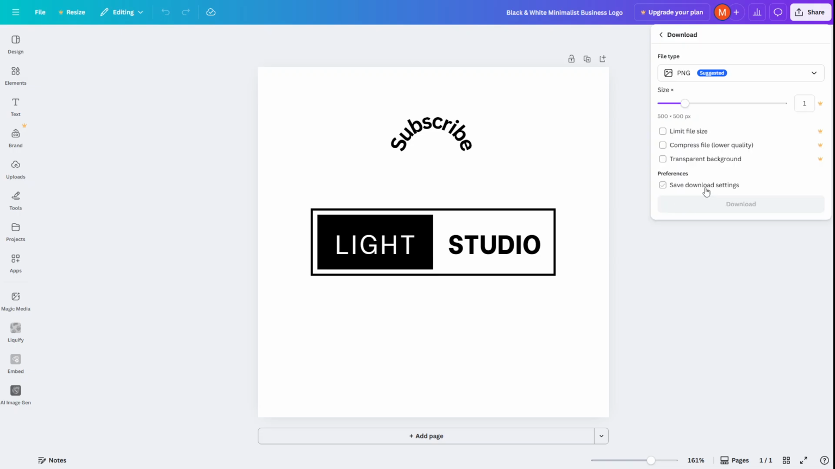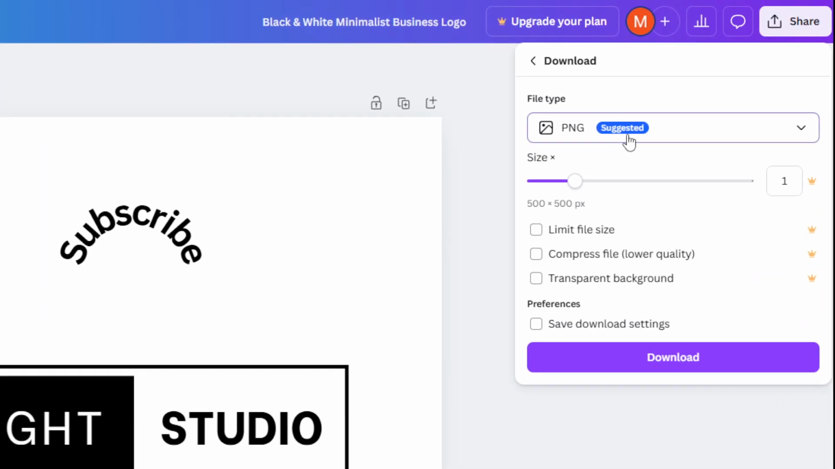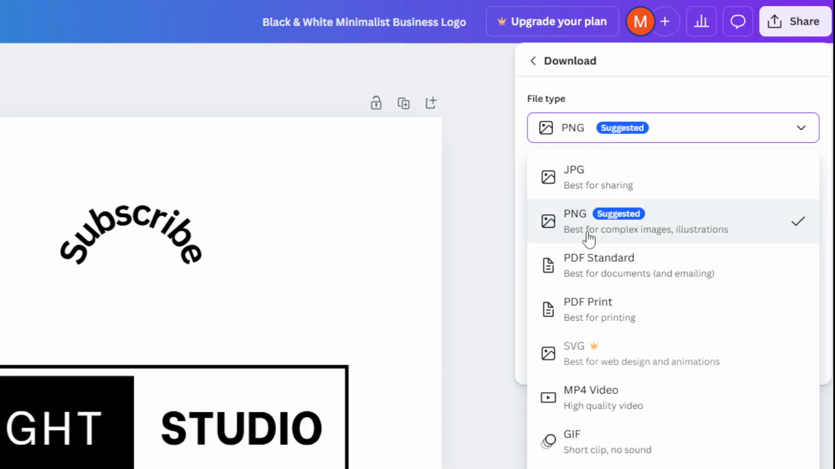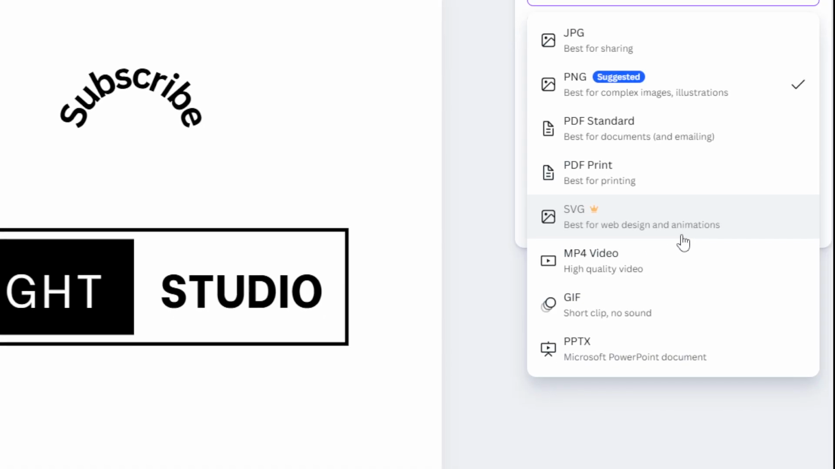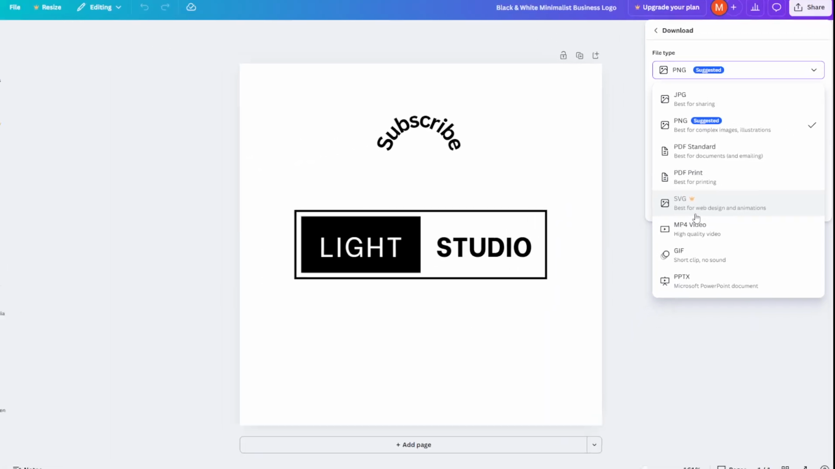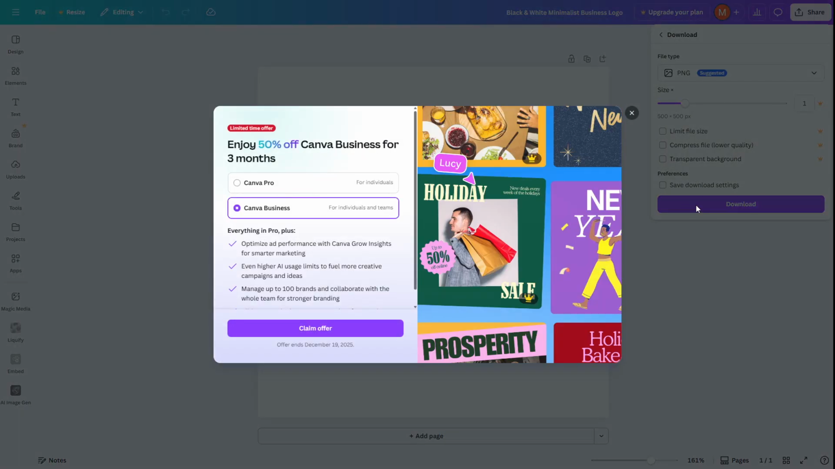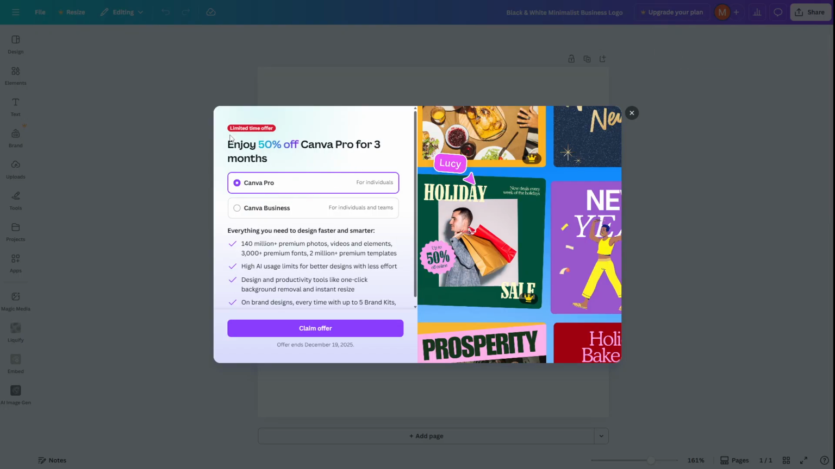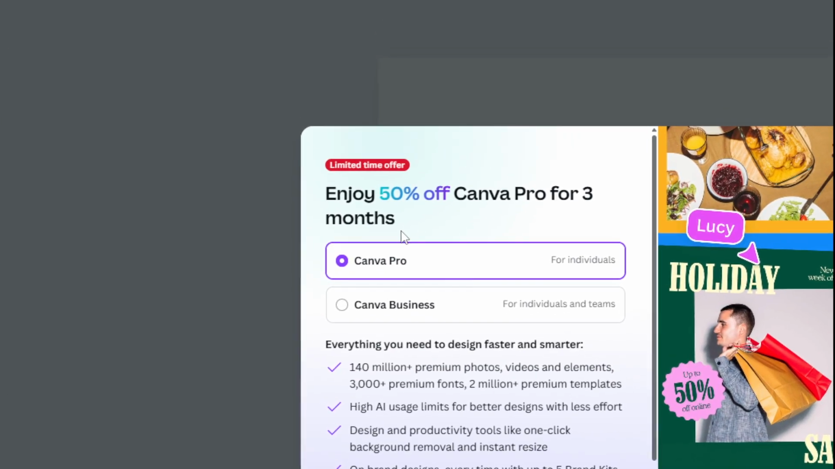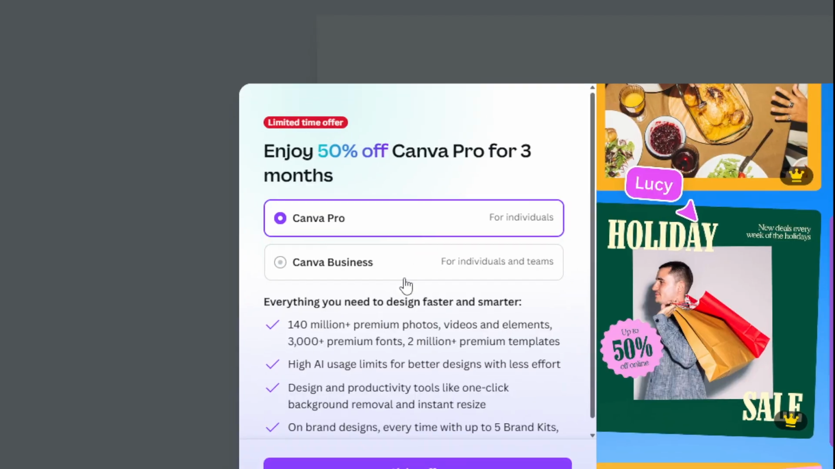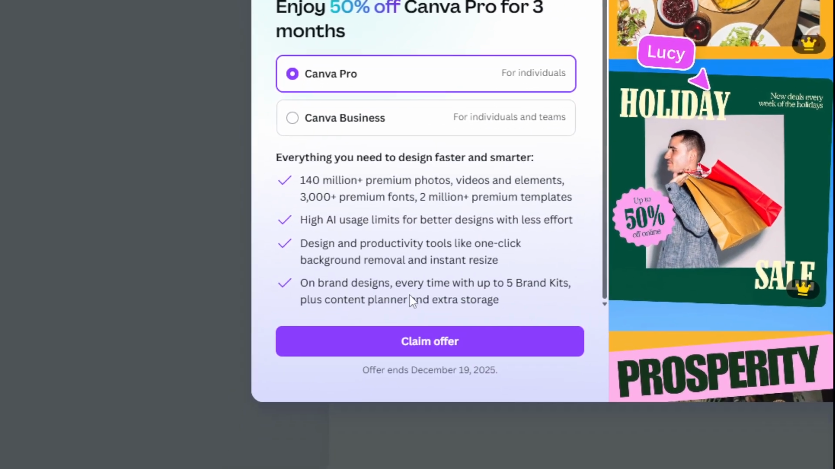By default, Canva usually sets the file type to PDF standard or something similar, but what we want is the SVG option. So click on the file type menu and scroll until you see SVG. Now, quick note, SVG downloads are only available for Canva Pro users. If you're on the free version, you won't see this option, but if you do have Pro, go ahead and